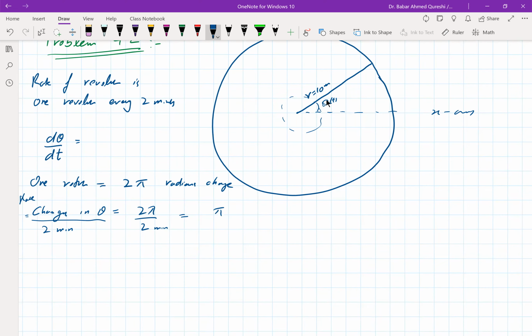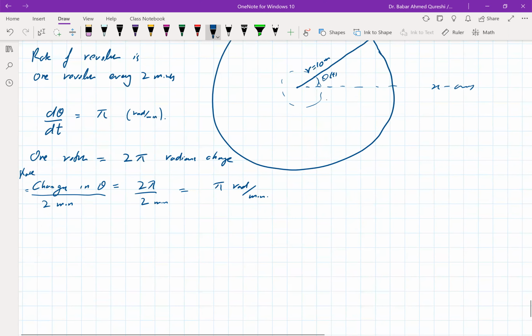So it's pi radians per minute. So d theta by dt is pi. And if you want, you can write radians per minute. People don't even write radians, just pi per minute. So that's given to you. And then what you need to do is find how fast a rider